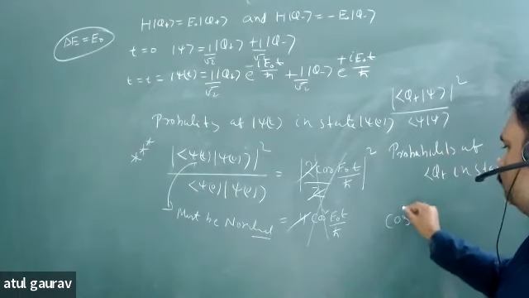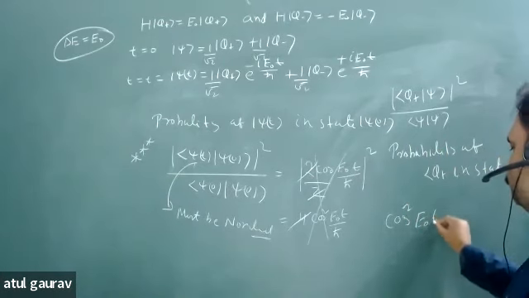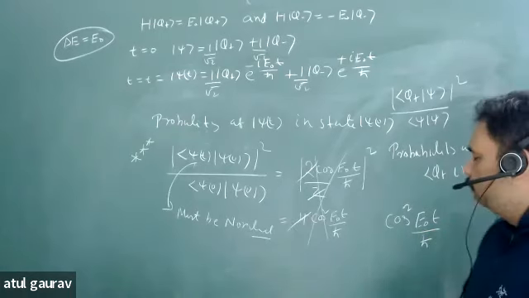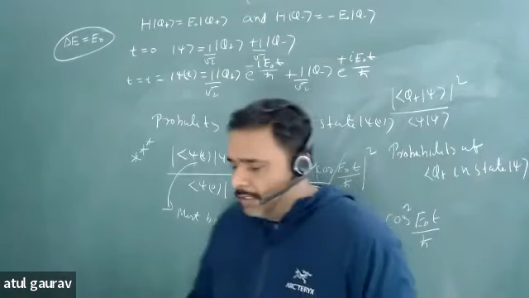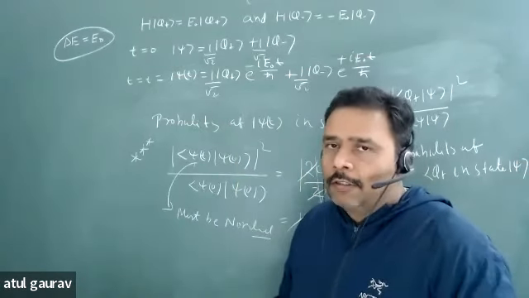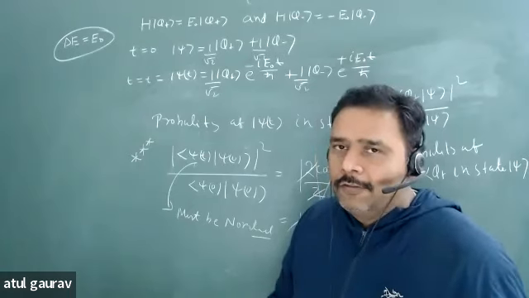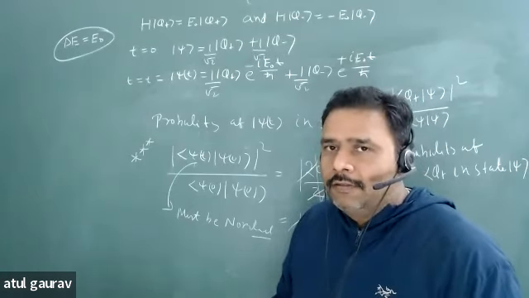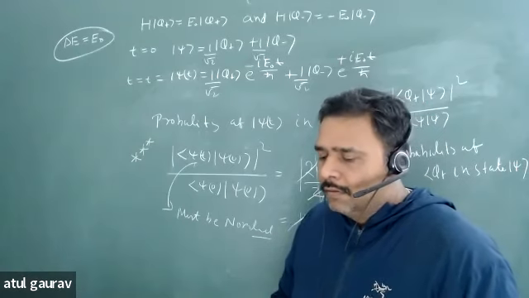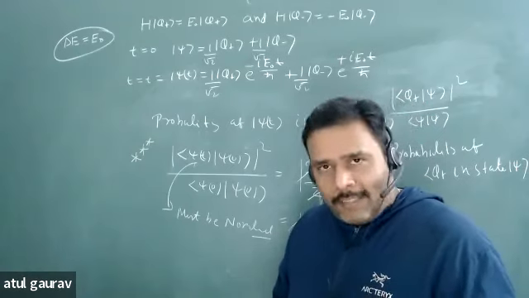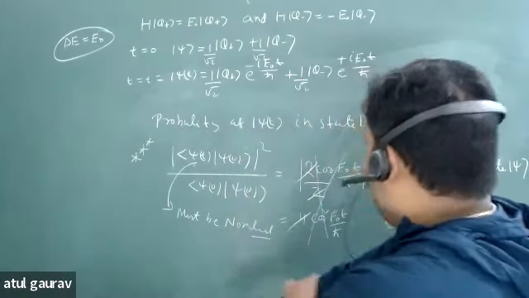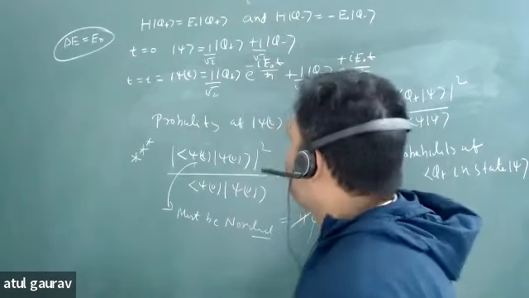Sir, cos E naught t by h cut भी नहीं आता। क्यों नहीं आ सकता? Sir, zero इसके पीछे आ रहा है, लॉजिक तो देखो मैं। जीरो प्रोबेबिलिटी, और जब ऑर्थोगोनल होगा psi t और psi 0, तो sir, जीरो वही प्रोबेबिलिटी तो होनी चाहिए। 0 ही आने वाला था सर calculation। सर, मेरा तो ये भी नहीं आया, mod 2 cos E naught t h cut आ रहा है। तो उसके पीछे कैलकुलेशन की गड़बड़ी है। आप कैलकुलेशन को तो ठीक से कर लो, मैथमेटिक्स तो ठीक कर लो।